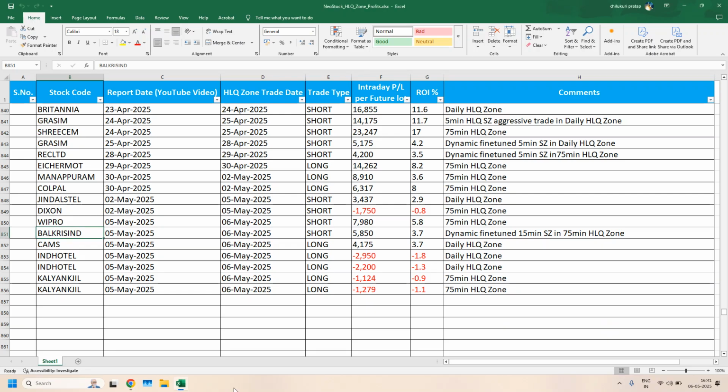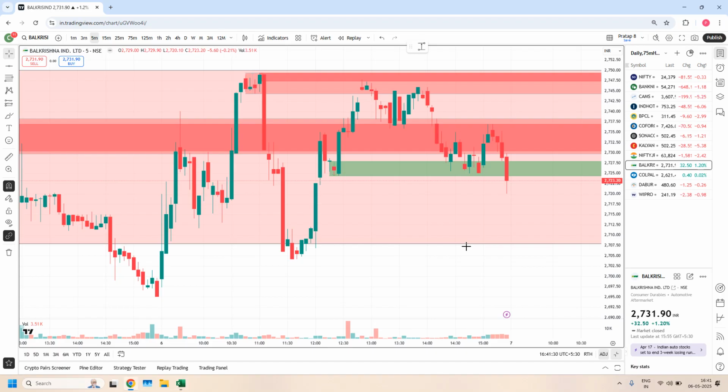Balakrishna Industries has given you 5,850 rupees profit, which is 3.7% ROI as per one futures margin cost. You know, all profits we always calculate from the point of view of one futures margin cost. Okay, this is about Balakrishna Industries. And one more very excellent trade we got, CAMS,